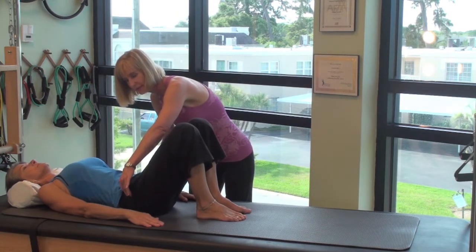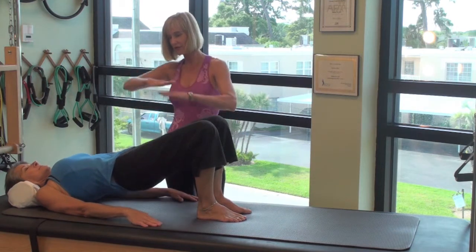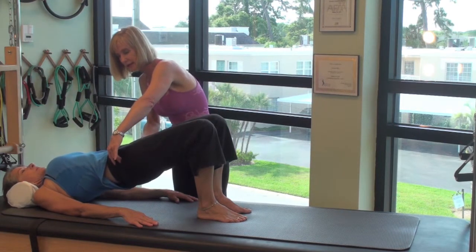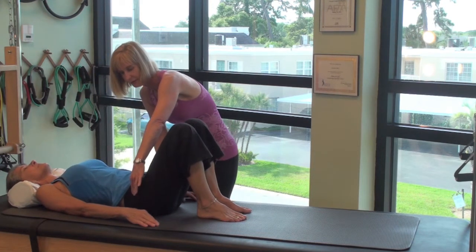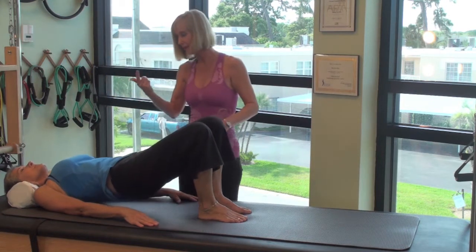So you press the hip bones back towards the mat, and then peel up as if you're trying to peel the spine up one vertebra at a time. And then coming back down, tucking the tailbone under so that the upper back comes down before the mid back and low back. That's correct. And press back first, peeling up off of the mat,